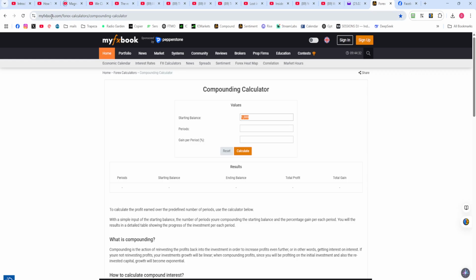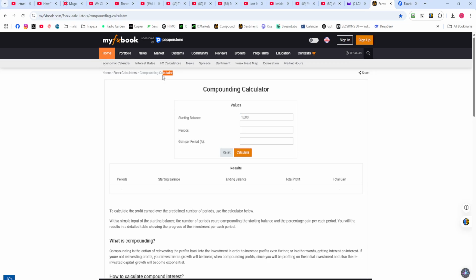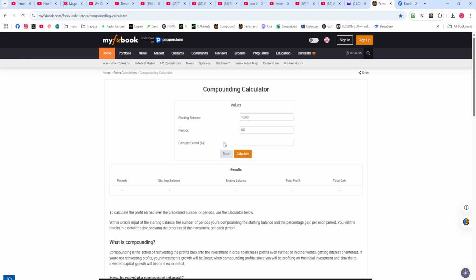By the way, this is my FX Book Forex compounding calculator. Any compound calculator can do the trick. What you want is the starting balance, periods, which could be days, trades, anything for you. Let me put, for example, 60 periods. It could be 60 trades, or 60 days, one trade a day, where every day I have a specific goal, and this is gain per period, essentially how much you want to make,